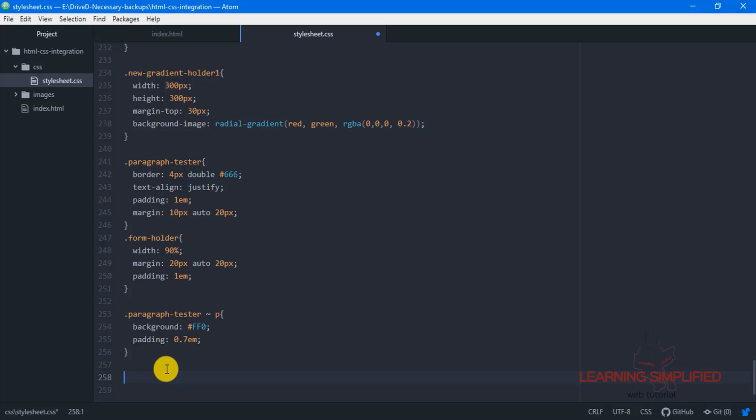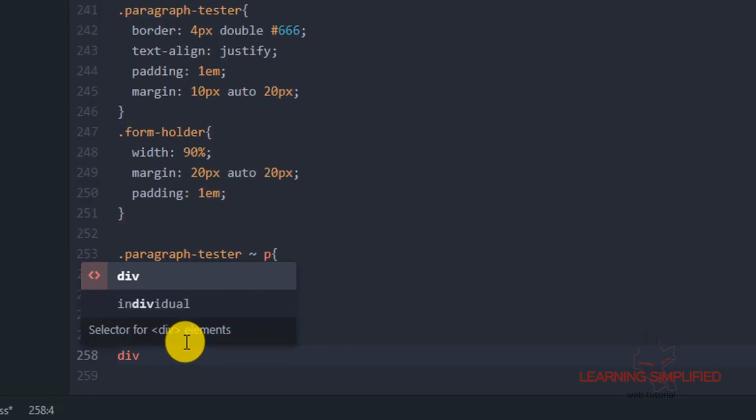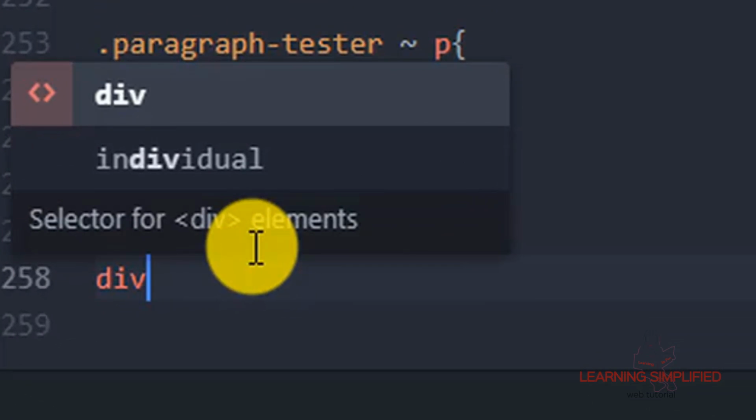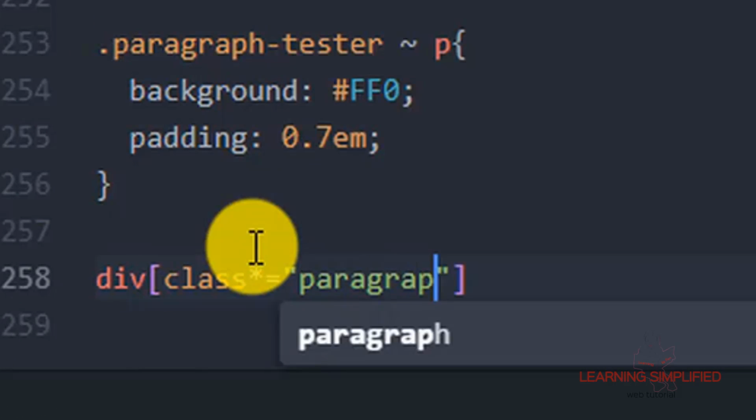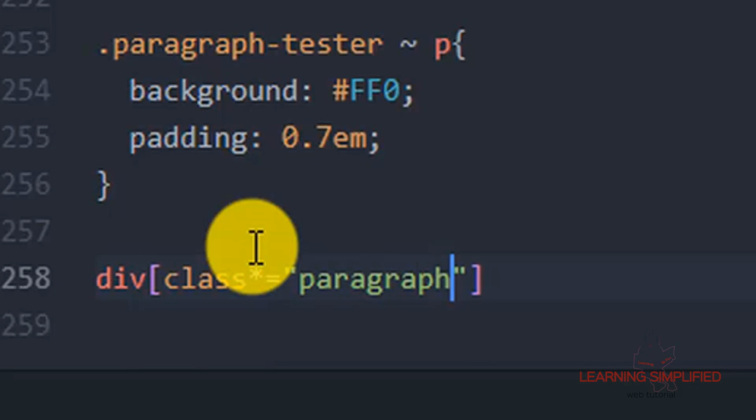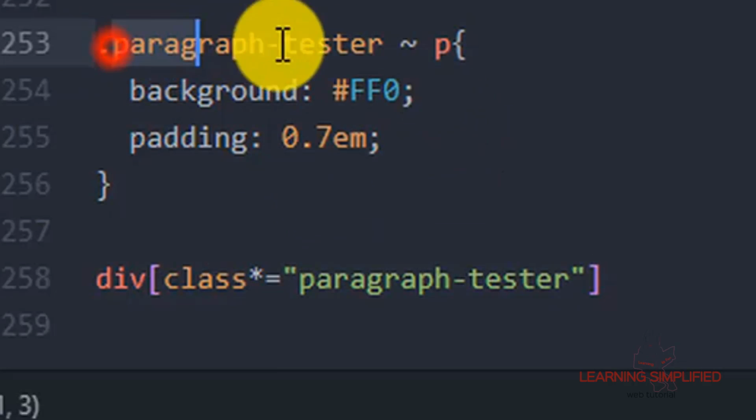This is the exact function of an attribute selector, and we are going to use it here. Now let's check out this syntax. We are providing div, and then we define the class. What was the name of the div? Paragraph tester. Let's check the spelling here.